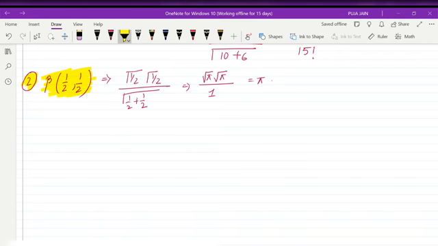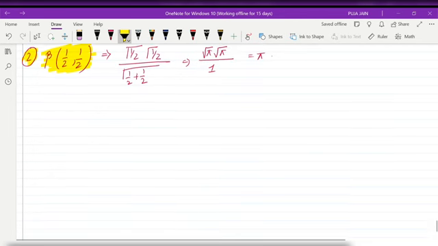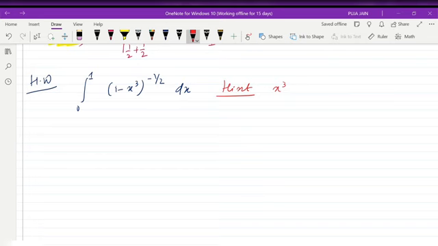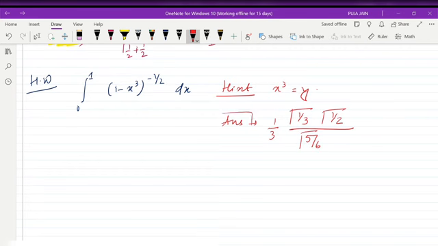Next we will see another formula of beta. Before that I am giving one homework. Integral from 0 to 1 of (1 minus x cube) whole to the power minus half dx. I am giving you some hint on how to do it. Substitute x cube equals y. And the result I am also telling you. The result is 1/3 gamma function of 1/3, gamma function of 1/2, by gamma of 5/6. Check this result. In case you don't get it, let me know. Also if you get it, let me know.